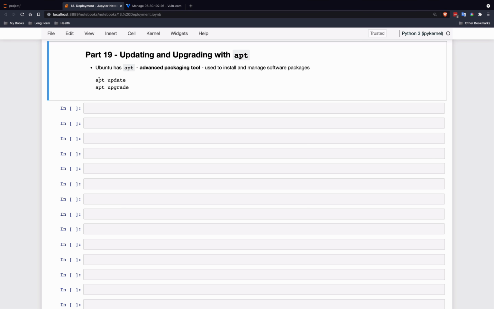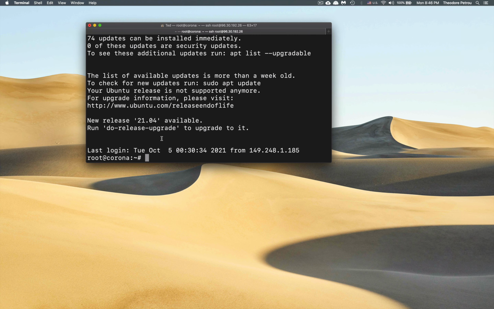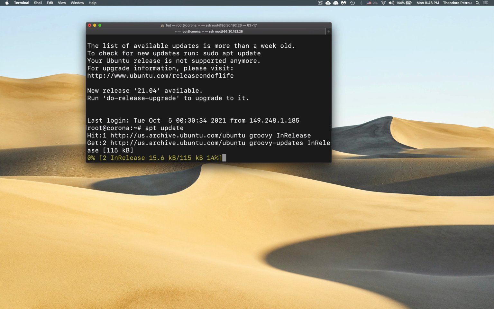So we're going to call these two commands, they'll be the first two commands that we run on our server. Apt update finds all of the packages on the current machine that have available updates. It won't update them, it'll just locate them and create a list essentially of all of the packages that are available to be updated. So let's go ahead and run this one, apt update,